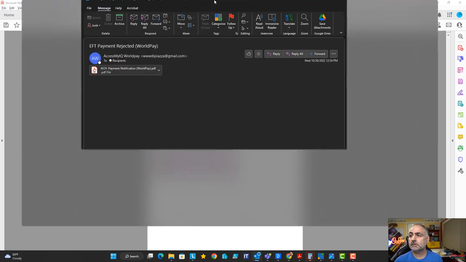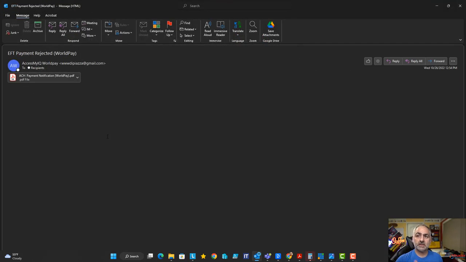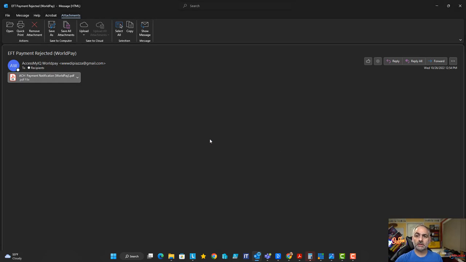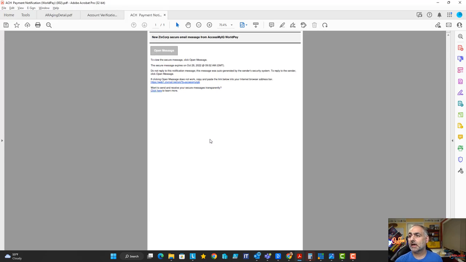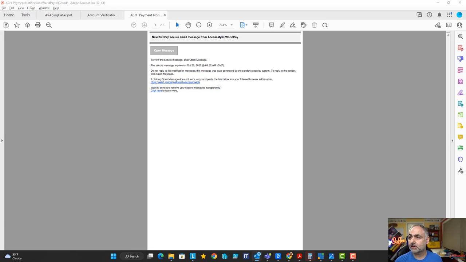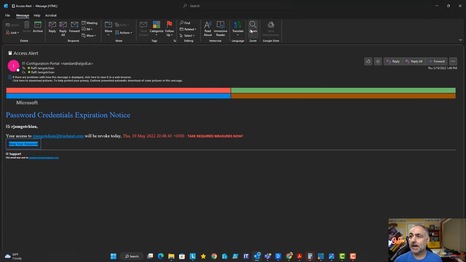Here is another one, same thing. Says it's coming from WorldPay. WorldPay is a merchant account company, but they're using a Gmail address to send it to you. You can see a pattern developing here, right? Again, don't try this at home. We're going to look inside this PDF, and you'll see that, again, similar thing. Secure message, here's a link to a Zix mail, and in fact, the link does not match what the actual link is. The link that's displayed does not match the actual link. So, again, malicious attempt.